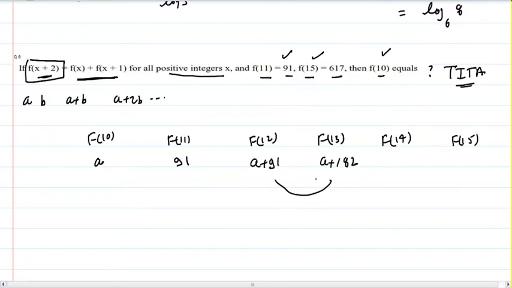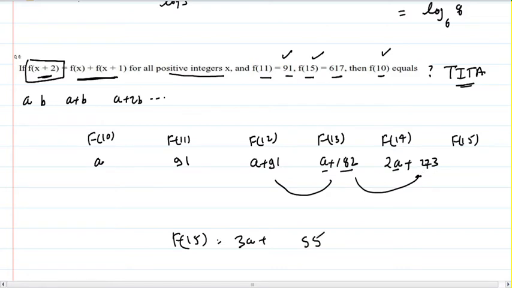Next value will be the addition of these two. So I will have twice of a and thrice of this. That will be 273. If I go to the next value, it will be the addition of these two. So I've got 3a and 2a... So f15 will be 3a plus the addition of 182 and 273. 2 and 3, 5. 8 and 7, 15, carried over 1, that is 4. This is given to me as 617. So when I subtract 5 from 7, 2, 5 subtract from 1 carried over, that will give me 6, 162 is equal to 3a.